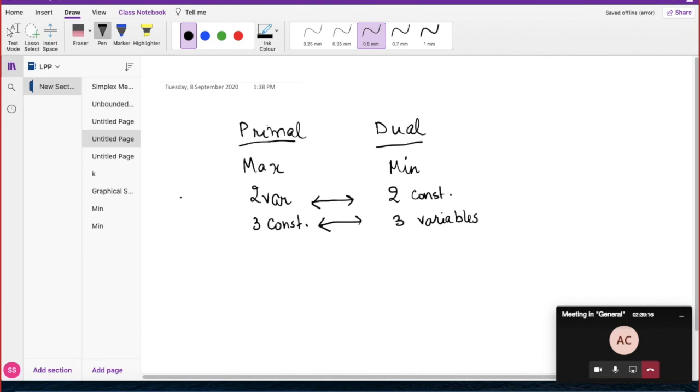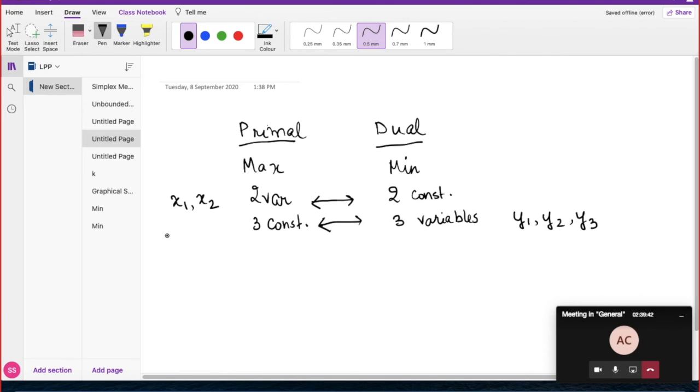Now, if I denote my primal variables as x1, x2, then obviously I use another alphabet for the dual, so usually I take it as y. You can also use any other alphabet if you want to. So your dual variables would be say y1, y2, y3. Now if you have three constraints here, then obviously every constraint in the primal will correspond to one slack or surplus variable.